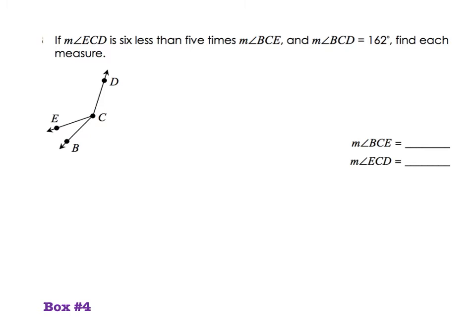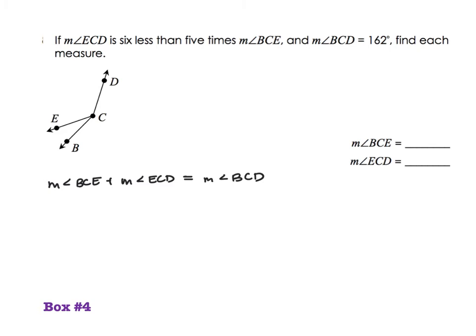Let's go ahead and just write it down. We have measurement of angle BCE plus measurement of angle ECD is equal to measurement of angle BCD. Now you guys are like, Mr. Franco, you're a geometry teacher, you've done this, you get this. All I'm telling you right now is that